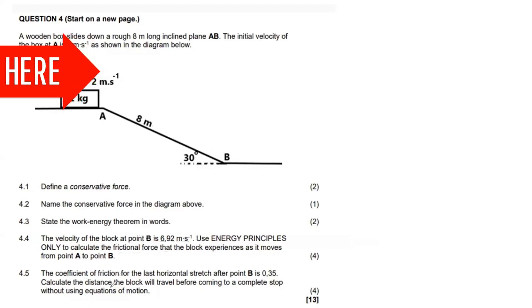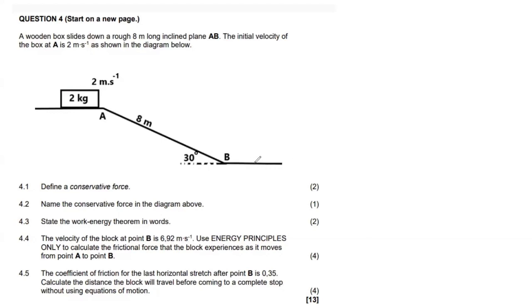4.5 says the coefficient of friction for the last horizontal stretch after point B is 0.35. Calculate the distance the block will travel before coming to a complete stop without using equations of motion. Right. Now, one thing that we do understand is that the friction on the incline and the friction on the